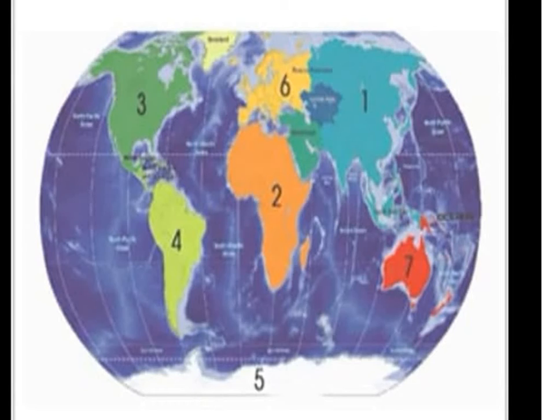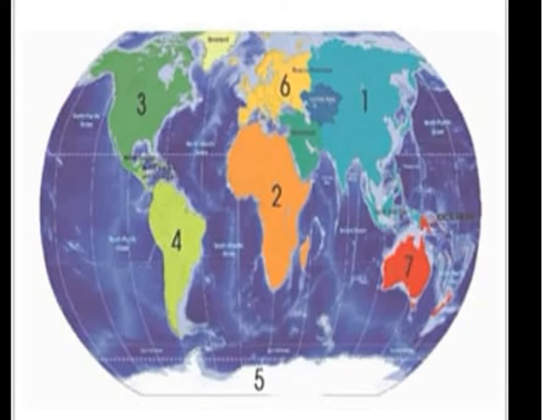Children, each continent is divided into countries. Our country is the 7th largest country in the world. See, in terms of area, the largest country is Russia, children. And the smallest country is Vatican City. Okay, children, nearly 195 to 200 countries are there. Among them, our country is the 7th largest country, children.